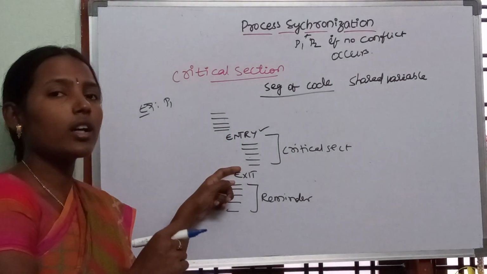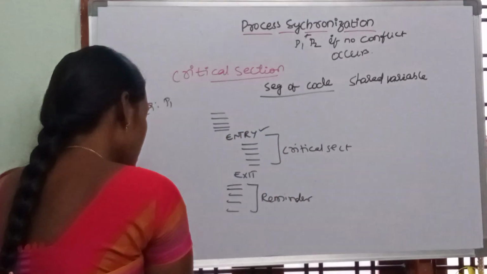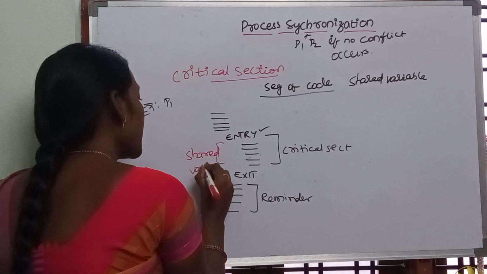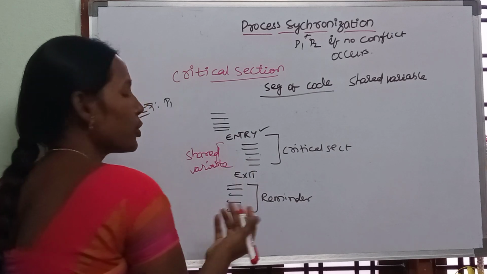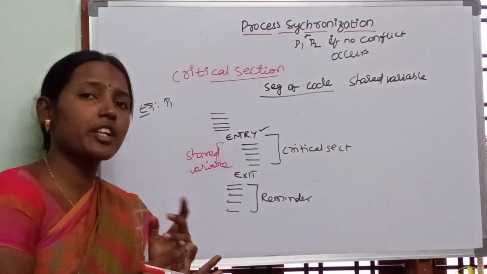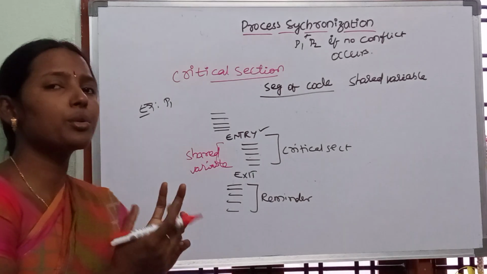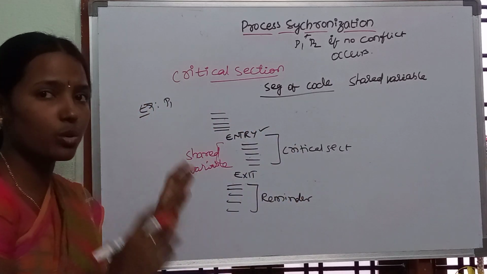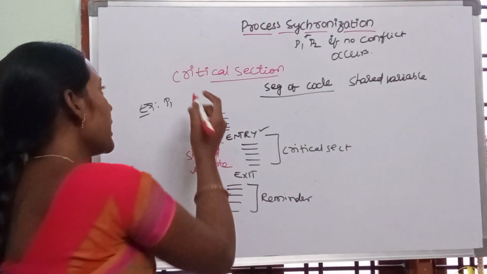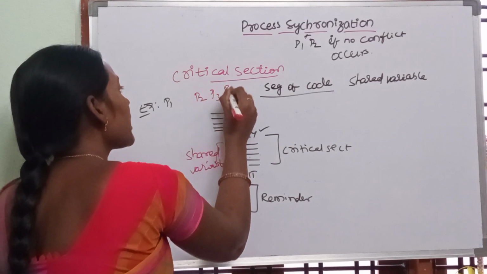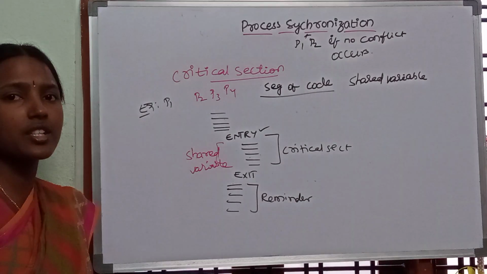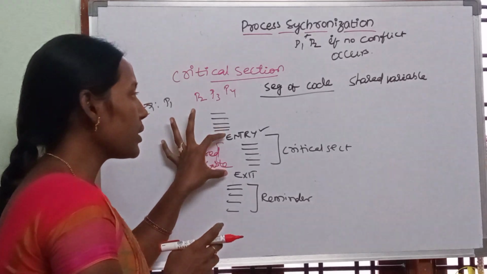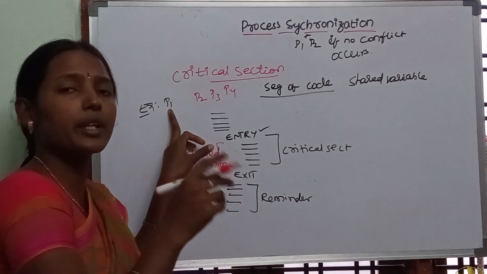Now the system will lock the shared variables that we are using here. In the critical section we write the code that works on shared variable data, whether you update, modify, access, read, print or write. Any operation you do on the shared variable, that code we write between the entry and exit statements, so that the system will not give permission to other processes to enter their critical sections, which also have the shared data. That means the system is giving permission to P1 only, because P1 is asking the system to enter into the critical section.